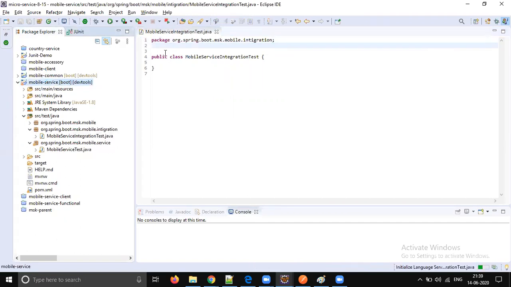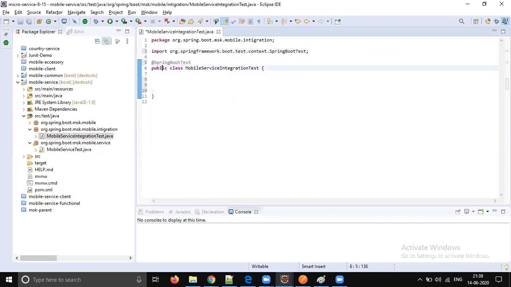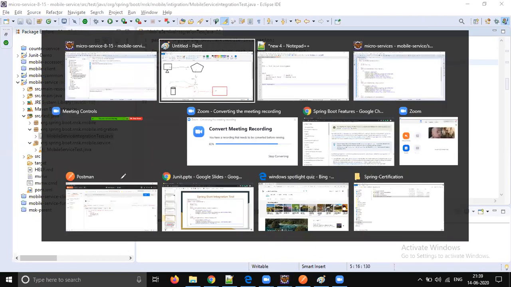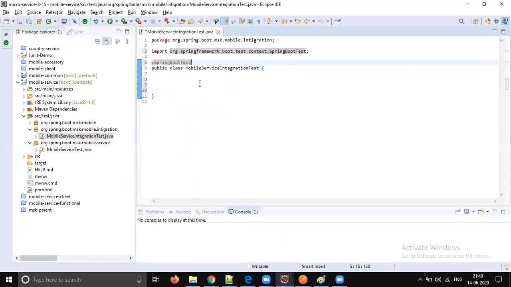So now we will use Spring Boot test. We need the full annotation because the full application has to come up. Here we should also use some profile concept, right? For integration testing, we will have a dedicated database, so you create a data source which connects to that particular integration database. We use profiles in real time, but let's connect it to the real database now.